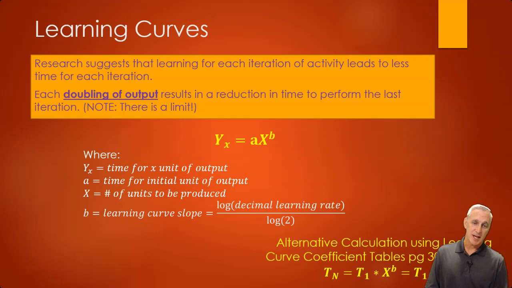And instead of using x on the left-hand side, they use t sub n. And then really what they do is, since if we have a specific learning coefficient, say it's 70% again, that value of b will be fixed for any number of units. And so it's only going to change by x, depending on which term we're doing it. So if we combine those things, you can get a coefficient and they can calculate the whole table before you ever have to do anything.